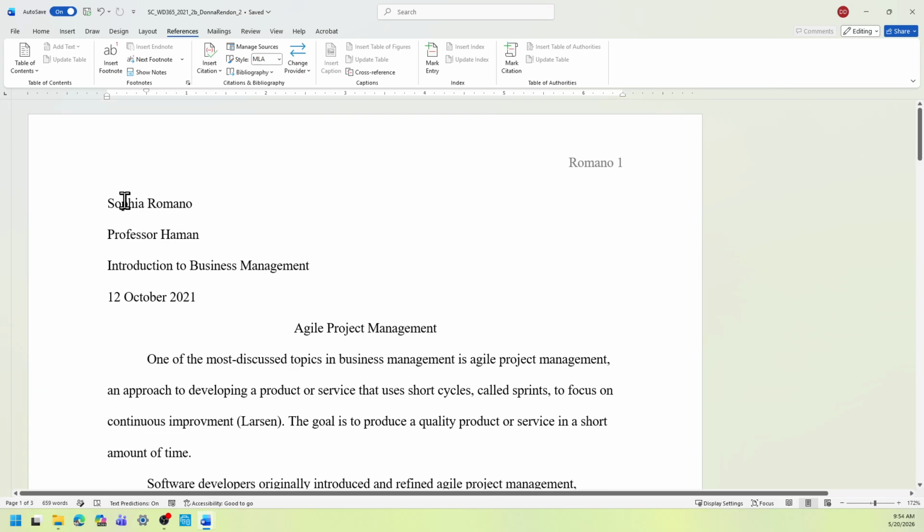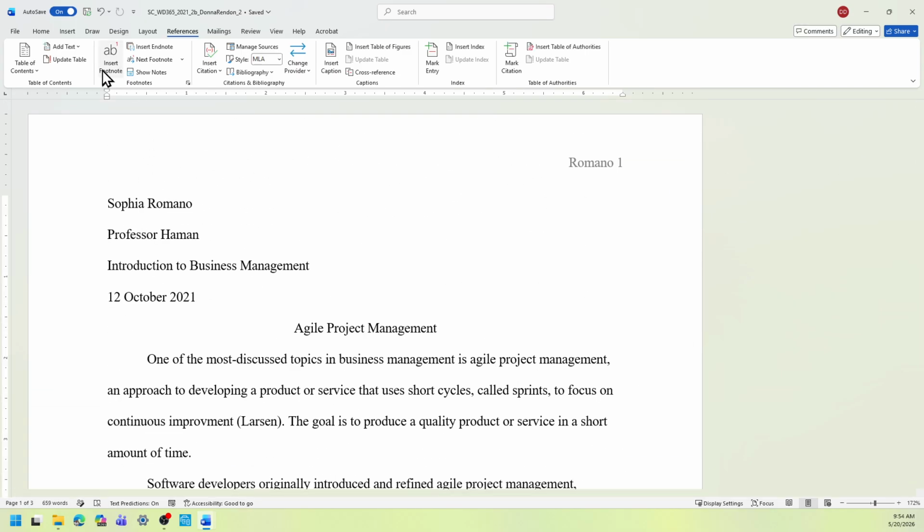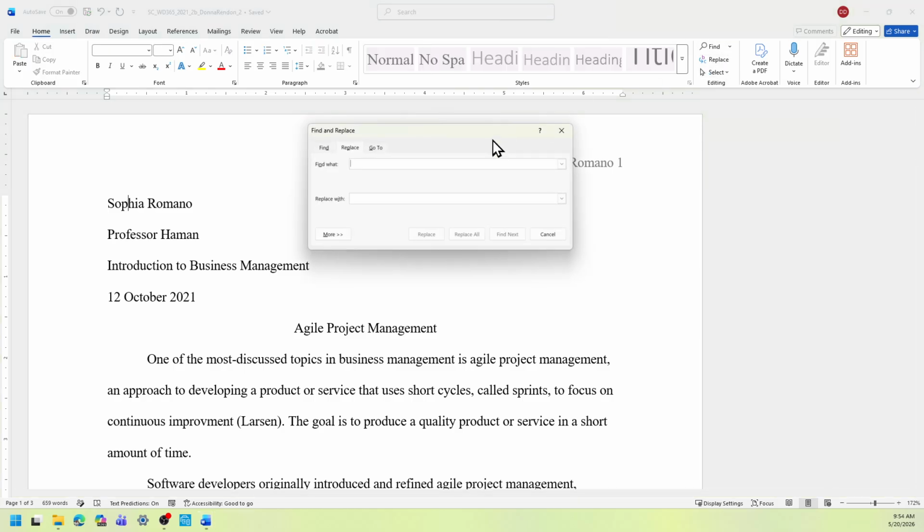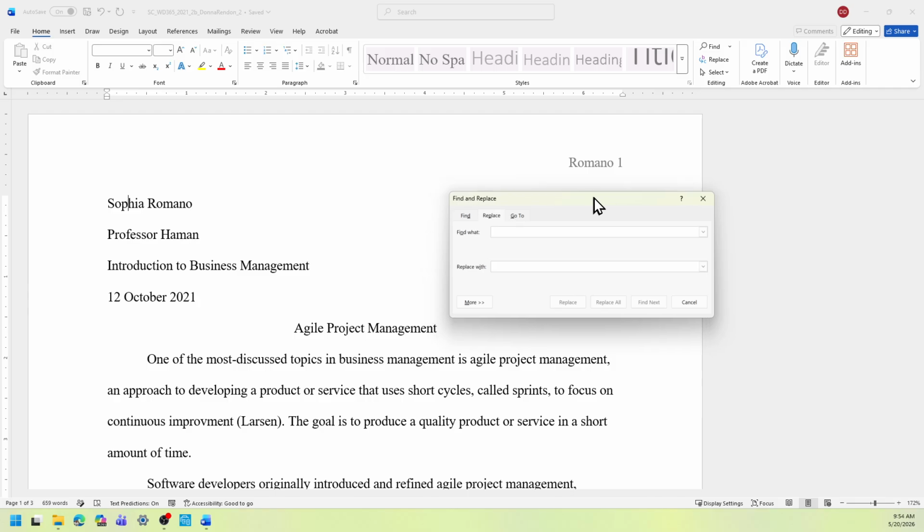Then I'm going to start from above, and then to do the find and replace, you need to select the Home tab, and in the Home tab you're going to find the Replace icon under the Editing group. You're going to select it once to open the Find and Replace menu.